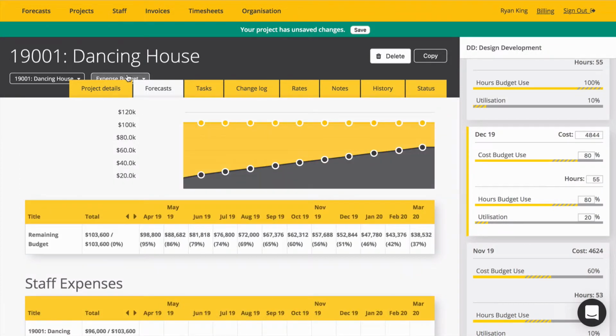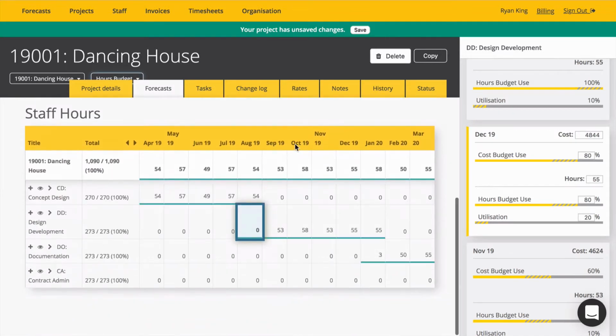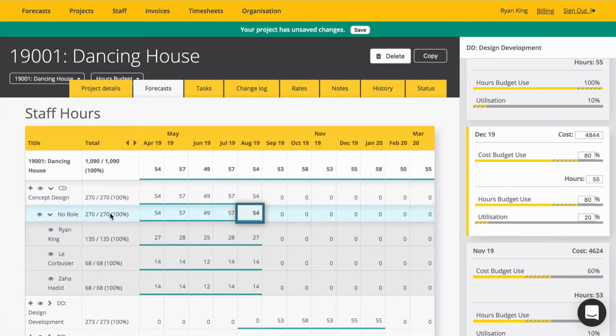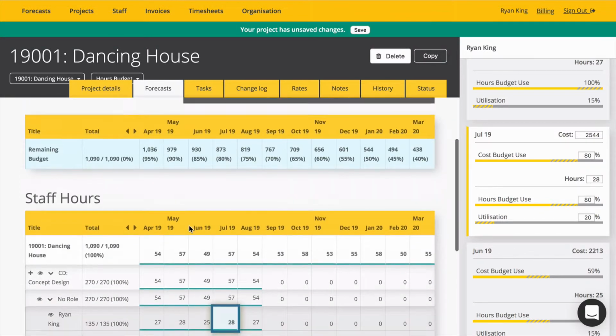We can go into the hours budget, and we have a similar thing, but instead we just have staff member hours, so we can break that down and see the hours each staff member is spending on the project. Again, when you click on the cell, you'll see the same values to the right here as in the other graphs. Oh, one thing I haven't